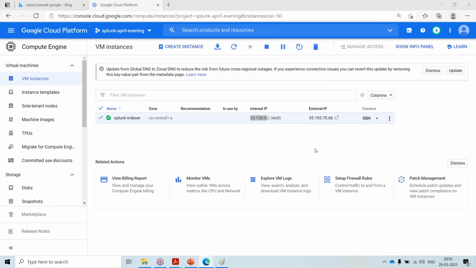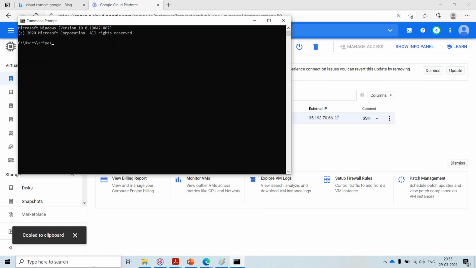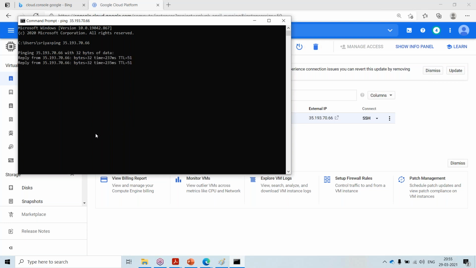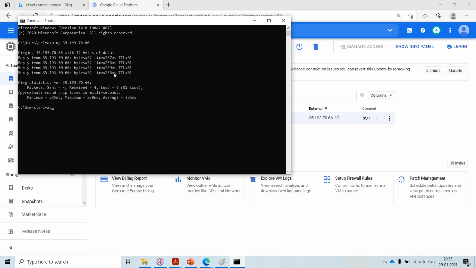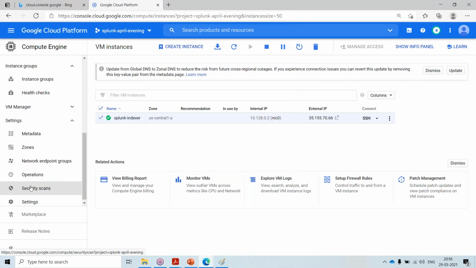So I have copied the IP address. See, I am able to ping it from my desktop. Why? Because we have enabled the firewall rules.